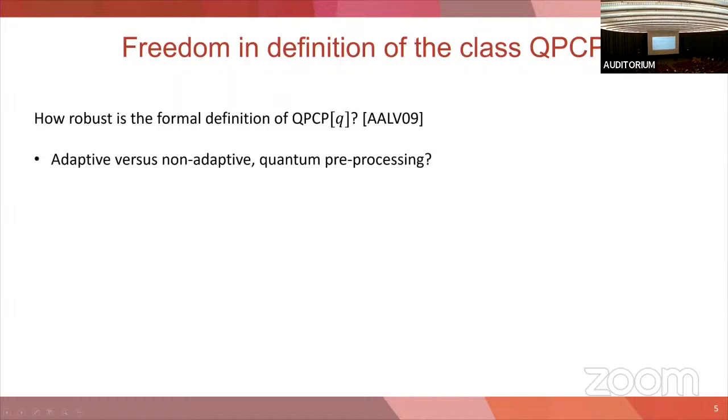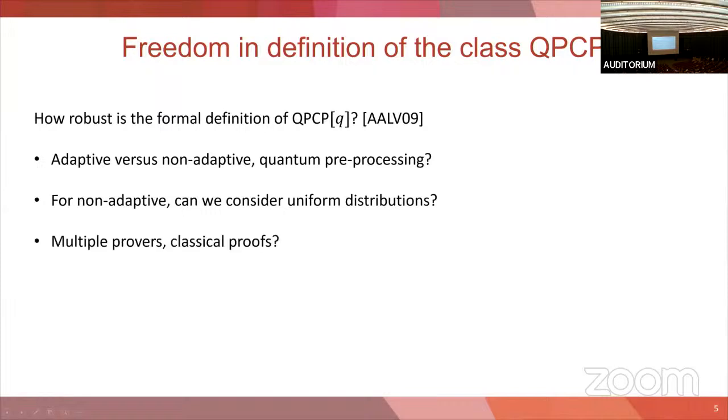For example, adaptive versus non-adaptive queries, does it make a difference? Do we have to allow for quantum preprocessing based on the input? Does it change the class? For the non-adaptive version of the class, can we even consider just uniform distributions? Similar to how you can ask questions for QMA, what about if you consider multiple unentangled provers, so you go to a QMA-K kind of question, or consider classical proofs. What will change then? And on Thursday, I will also give a talk that talks a bit more about this